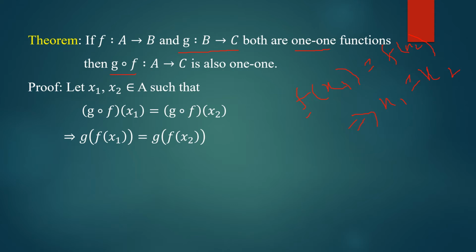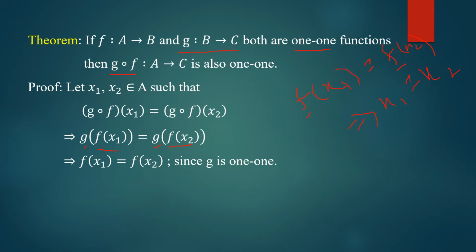That means this f is eliminated from both sides. So here you see the function g, this function g is 1-1, you see here both are 1, which means g is also 1-1. Therefore we should write f(x1) is equal to f(x2), that is the pre-images of g are also equal. So we write that one, f(x1) equal to f(x2), and the condition is since g is 1-1, under this argument g(f(x1)) equal to g(f(x2)) will give us f(x1) is equal to f(x2), that is pre-images of the function g